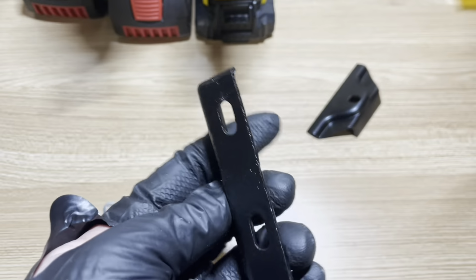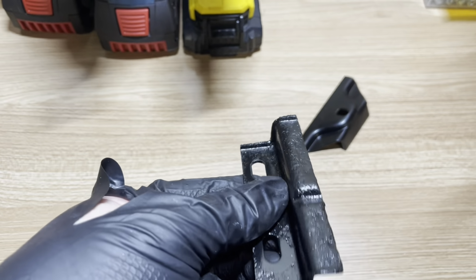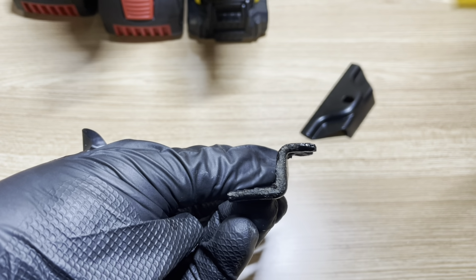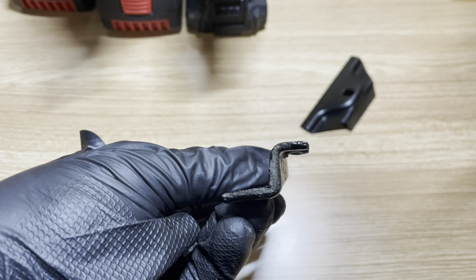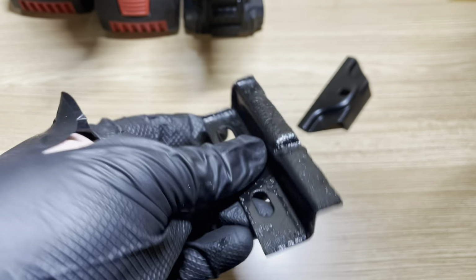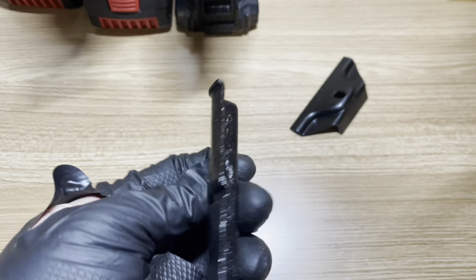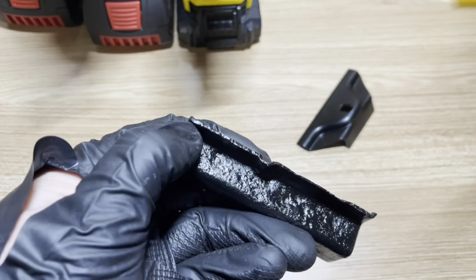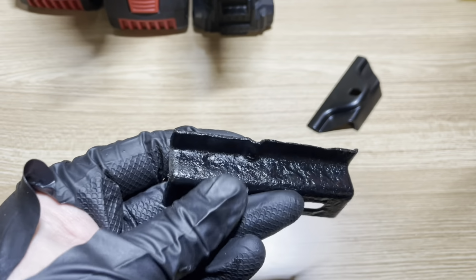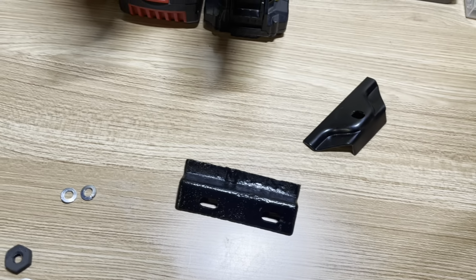This is the bracket that holds the back of the battery on. I removed it from the car. It was slightly bent upwards, so I've tried to make it as perfect as I can using my vise and a couple of hammers, and then after that I gave it a good coating of Hammerite. So this is now ready, but I'm still worried that the battery doesn't quite seat properly into this area. There's still some room here, so I went scurrying around all of my stock and I found